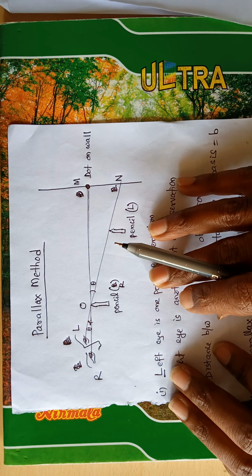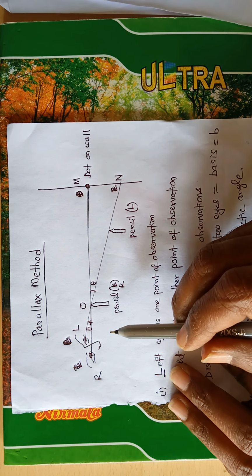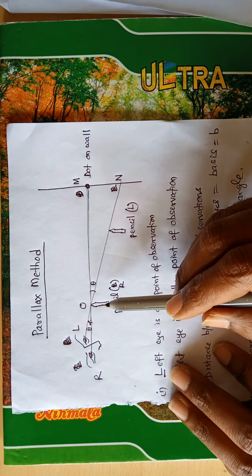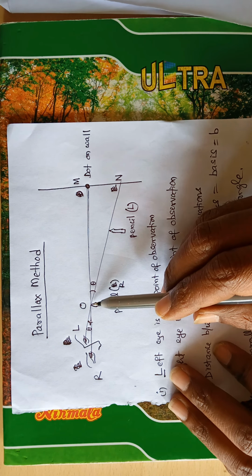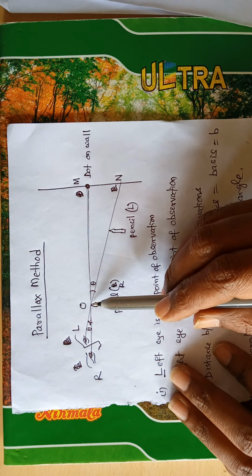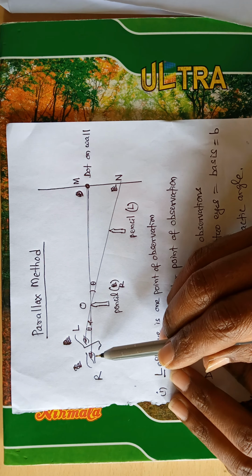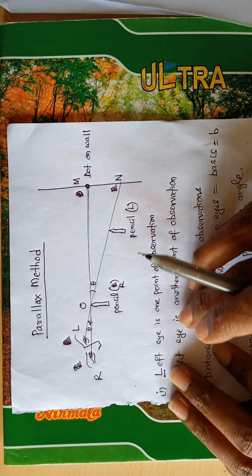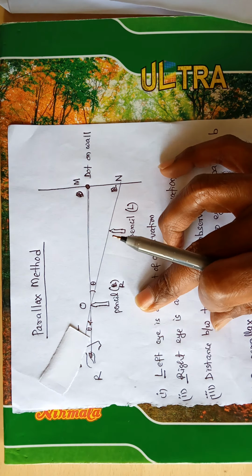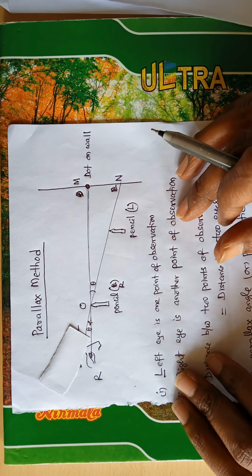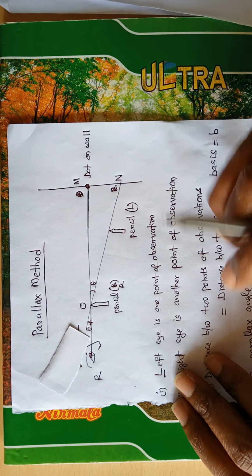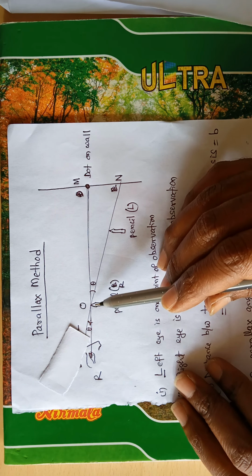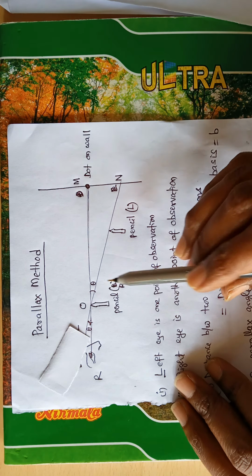Now what you have to do? Now this time, see, you did all this, you are looking at the dot on the wall and pencil tip are coinciding with each other to your right eye. Left eye is closed. Only you are looking with your right eye. Pencil tip, dot, both are coincided.